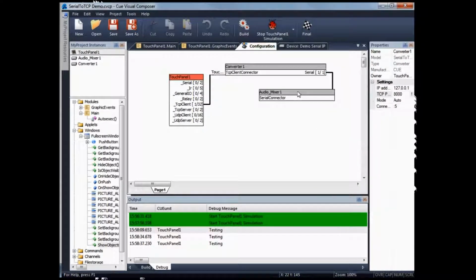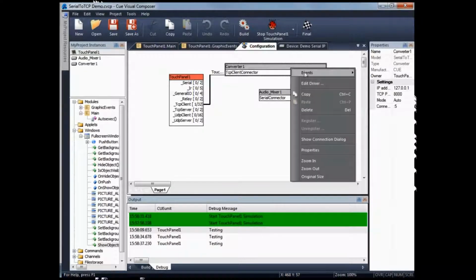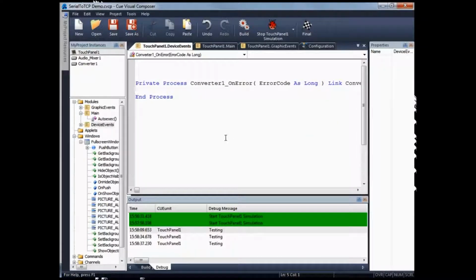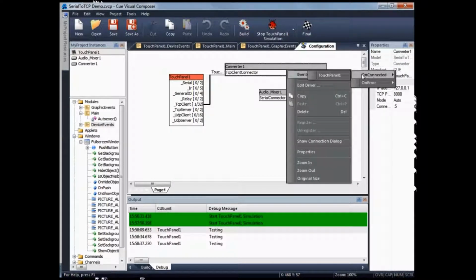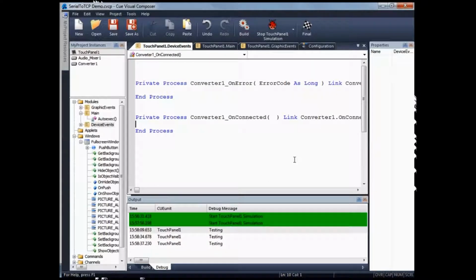If there are any errors generated from the system, you can handle them on the error event, to detect errors and handle them if necessary. Or you can also handle on connection. So what we can do is a debug print